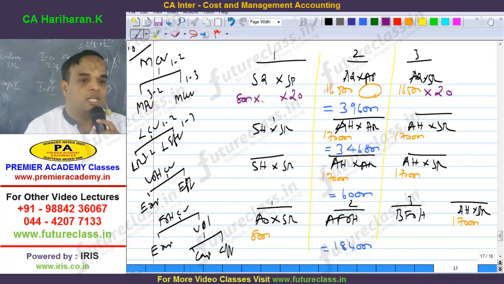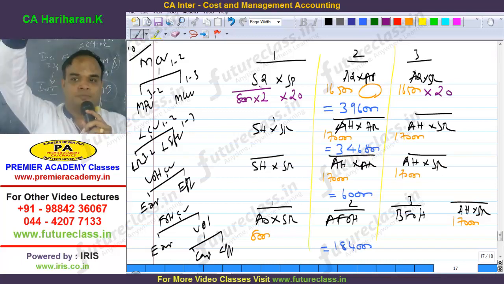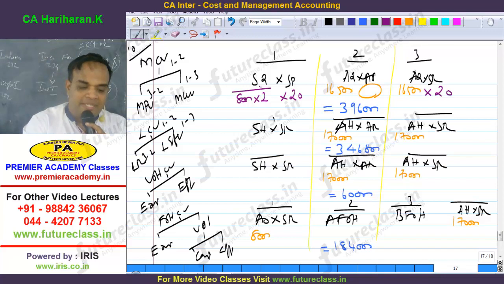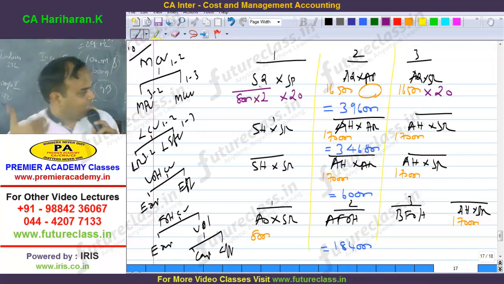To produce one product, how many kgs of raw material do you need? 2 units. Therefore, 8,000 into 2 is equal to standard quantity. Are you with me or not? How many of you understood standard quantity computation? Clear? Now, the material variance, all the columns we filled. Easy or not?